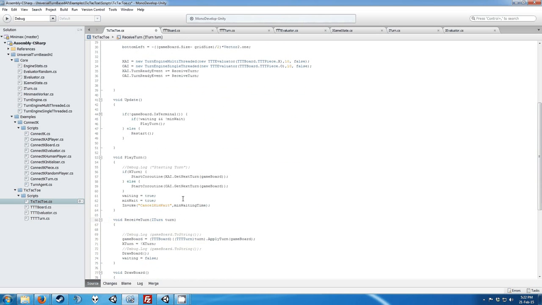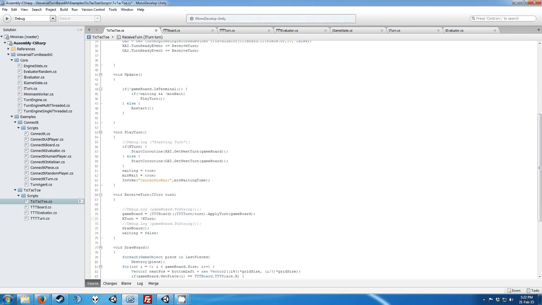And in this example, we use just the single function, and we do the turn flipping. If you wanted to, you could use different functions to receive turns that would tell you whose turn you're receiving and so on. This call and callback method lets you do things asynchronously. You don't have to keep looping through and checking if the turn's ready. It'll just tell you when it's ready. All your UI and all your animations keep going. Your game controller doesn't have to pause and wait for the turn to come back,